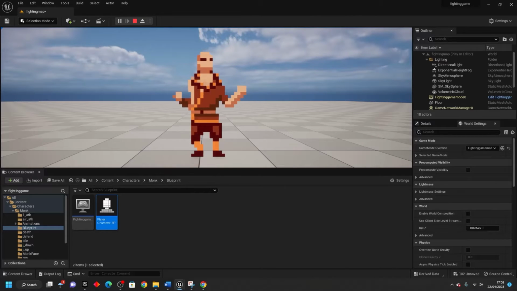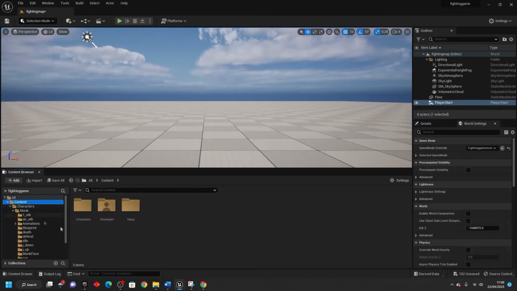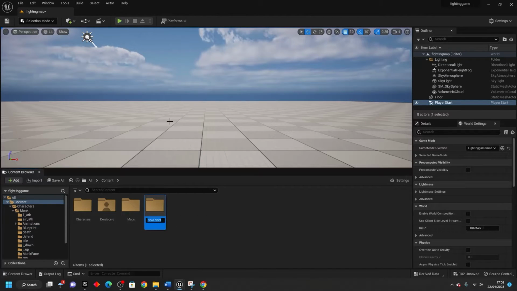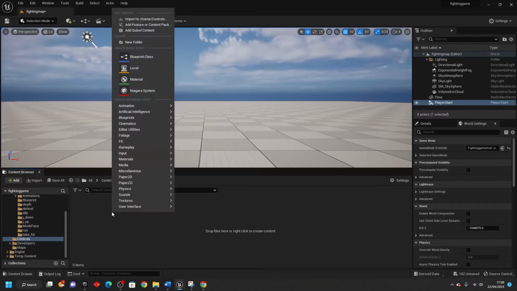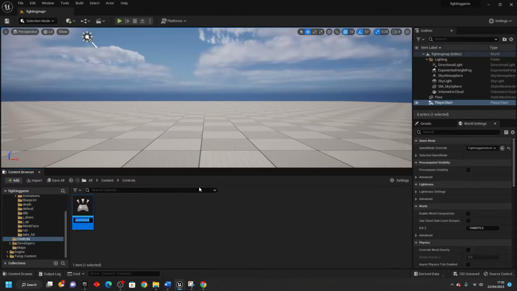so we need to add some controls to our game. So, to add some controls to our game, just go over to the content folder, right click, and go create new folder, and just call this controls. Here we're going to set up the controls for our game. Head inside this folder, then right click, and go input, and select input action, and just call this